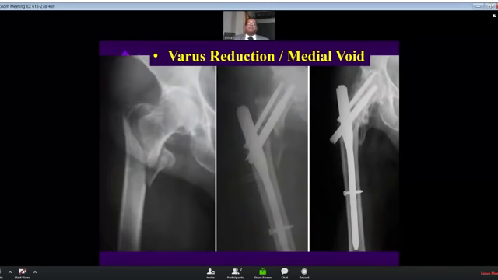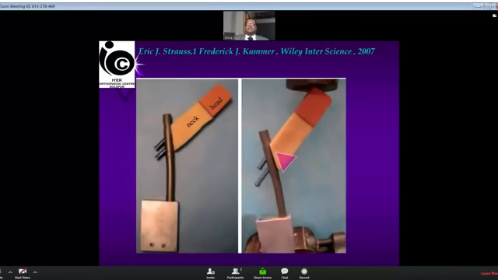The next commonest cause is the medial void. In an unstable trochanteric fracture, where the lesser trochanter is broken, there is a gap medially, and that gap requires to be collapsed. As said earlier, the inferior part of the head and neck tries to collapse more than the superior part, and that leads to jamming of the superior screw, and hence the Z effect happens in these cases. And you can see, fortunately, the fracture united by this time, so the Z effect has started in this case.